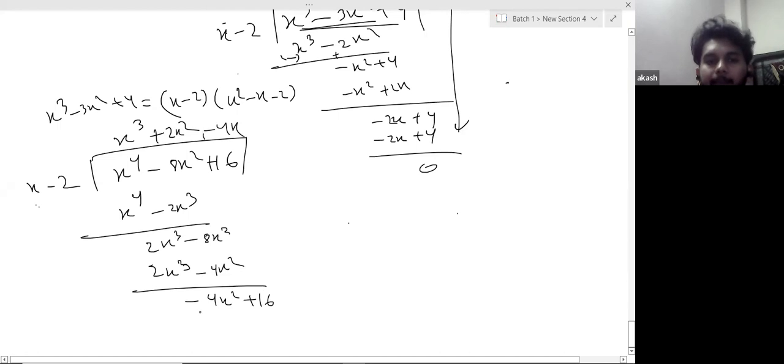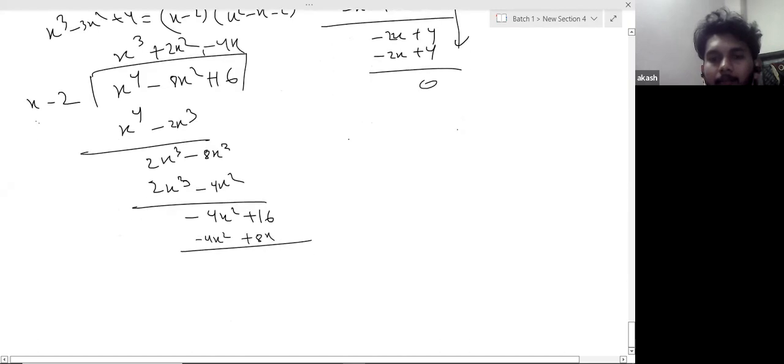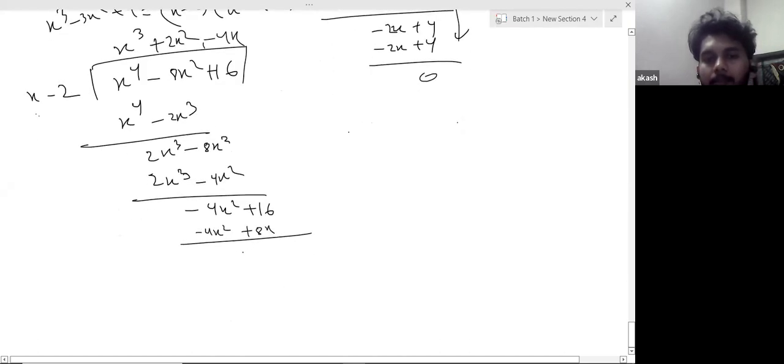You'll have to multiply minus 4x square plus 8x, right? So this is minus 8x plus 16. So minus 8, if you multiply, you get minus 8x plus 16. This is 0. So this equation we can write x minus 2